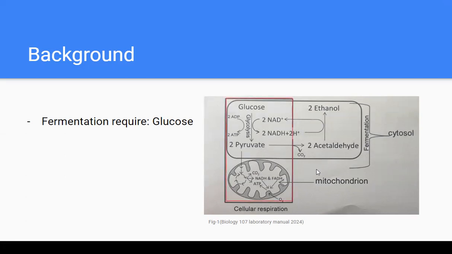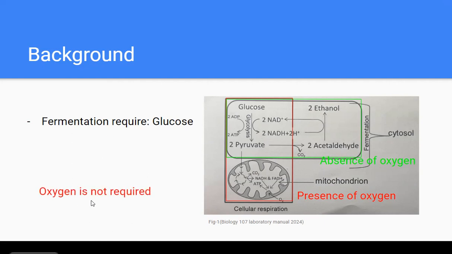The first one is the red square. It includes oxygen and goes into the mitochondria to do cellular respiration. The second one is the green square. It is without oxygen and produces 2-ethanol at the end. So the first one is the presence of oxygen, and the second one is the absence of oxygen. As you can see in the 2-ethanol producing, it is without oxygen, so oxygen is not required in